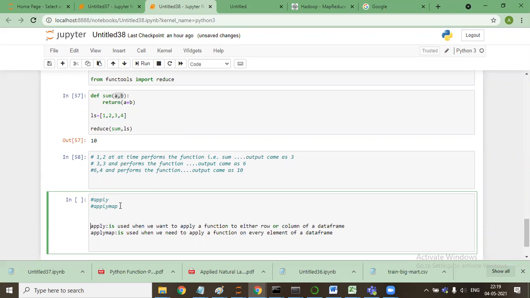Just give me a second, guys. Sorry, yeah. So I'm writing it. So apply is used when we want to apply a function to either a row or a column of a data frame. Apply map is used when we need to apply a function to every element of a data frame. Okay. So now the thing is, when we have any data frame,